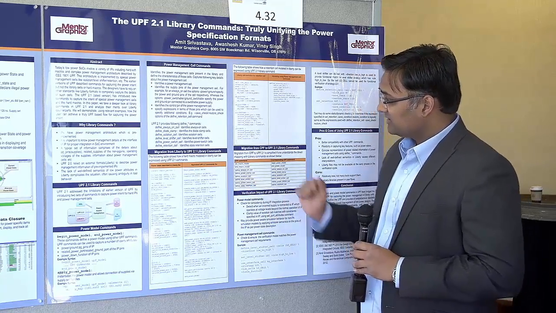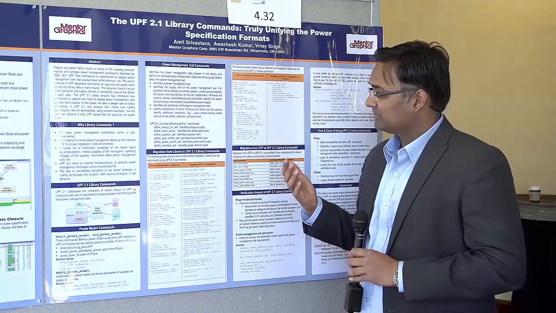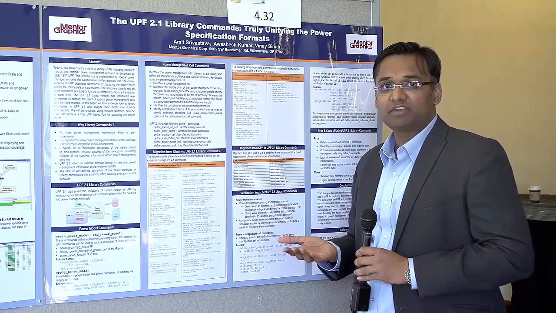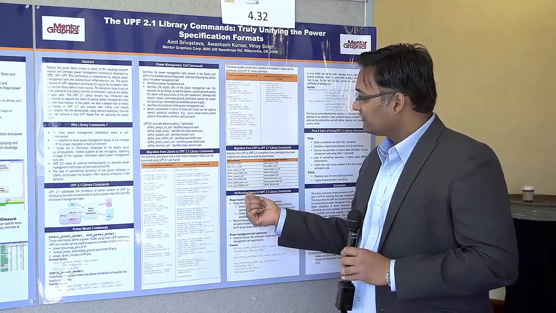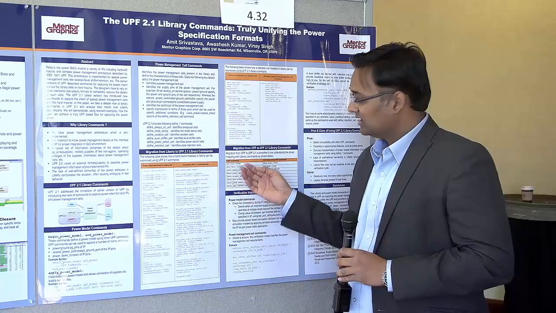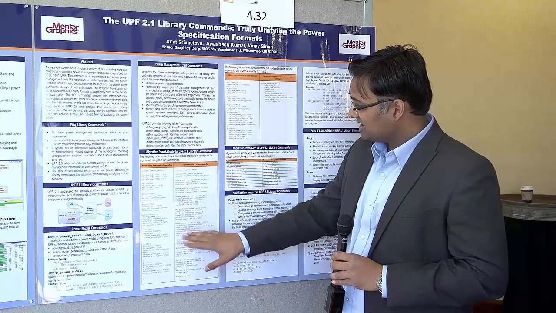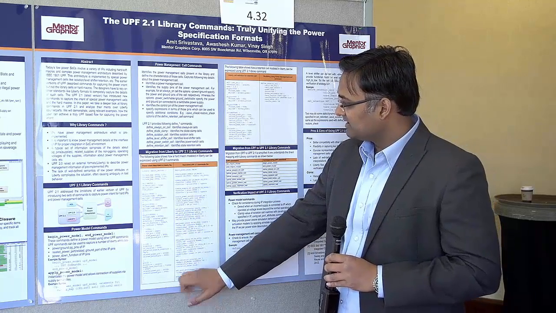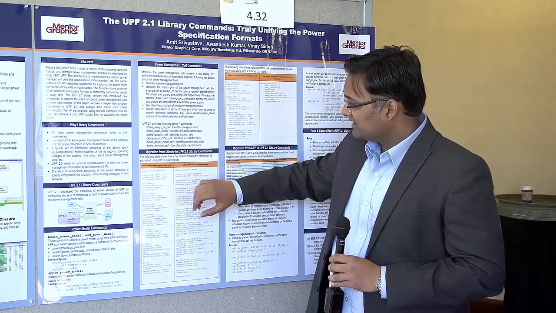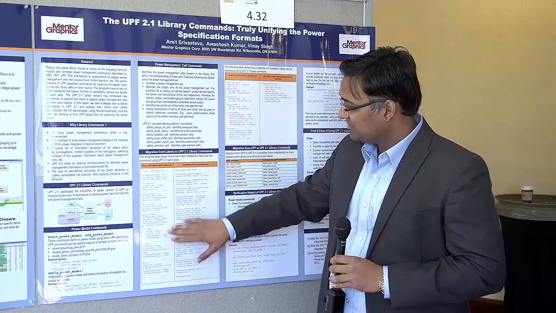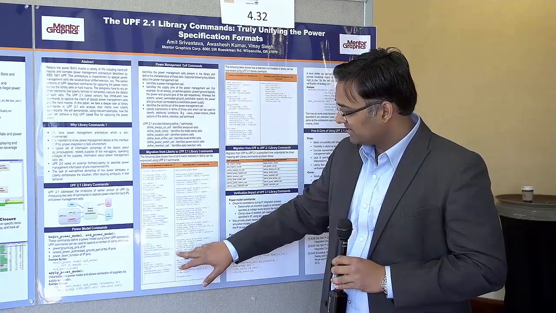So to demonstrate, let's look at one example here. In this table we are showing how you can migrate from a Liberty, which is capturing information about a hard IP, and use UPF 2.1 power model commands to represent the same information. On the left is a snippet of a Liberty, which defines various things like the operating voltages, the cell, the PG pins, the non-PG pins and the related supplies, whether it is internally switched or not.